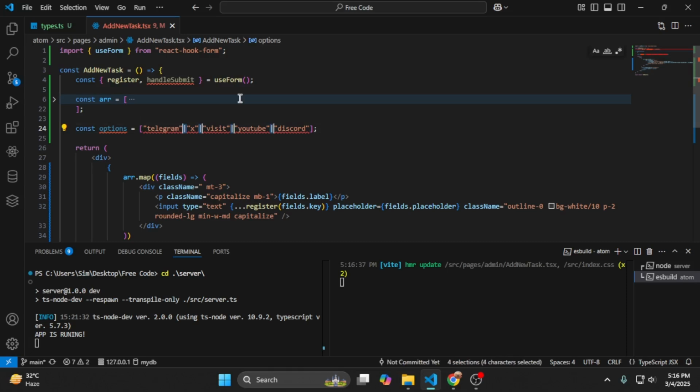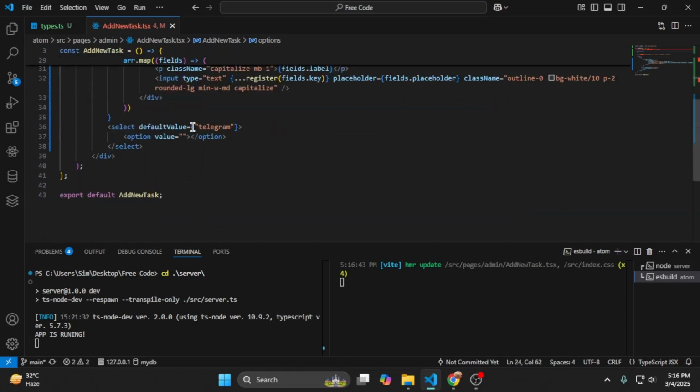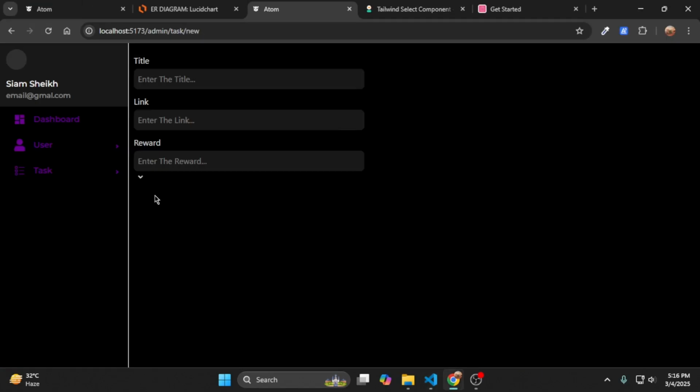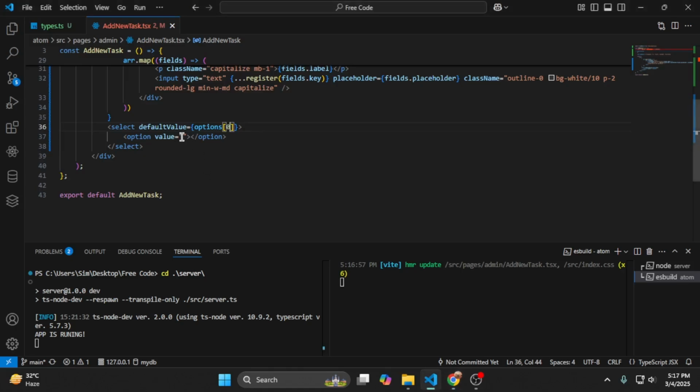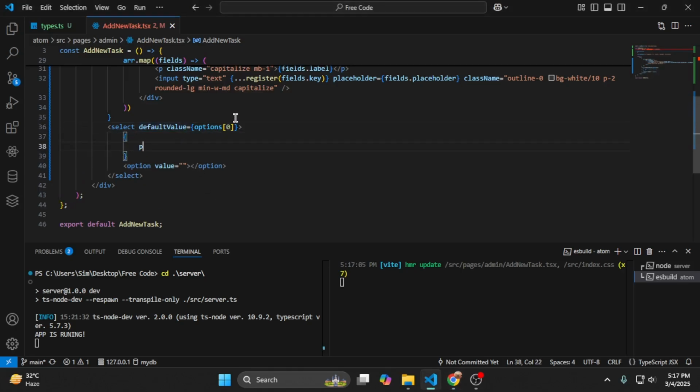Now what I have to do is just simply cut off all this information, and then okay, the default value is Telegram, hard-coded, or I can simply go here and use options[0]. Okay, that is the default value. The next thing I need to type here, I can use a map, something like options.map